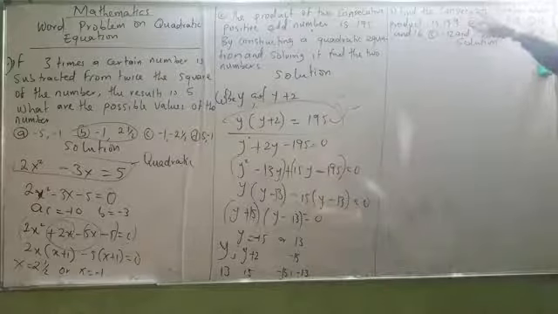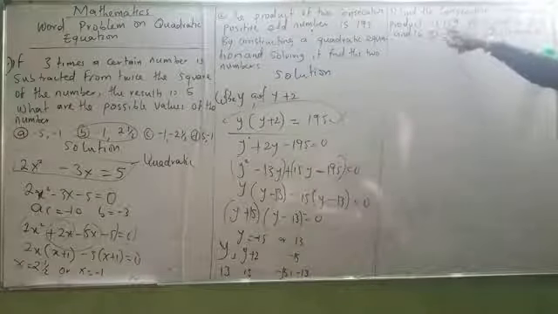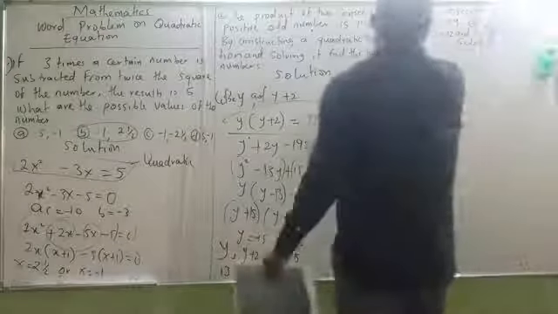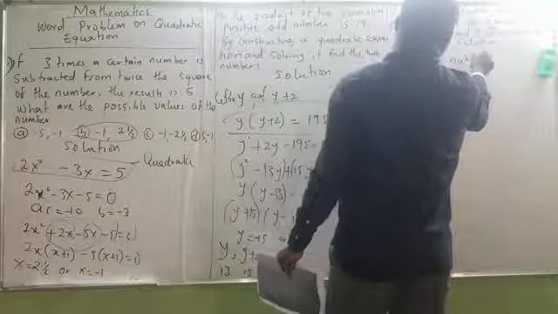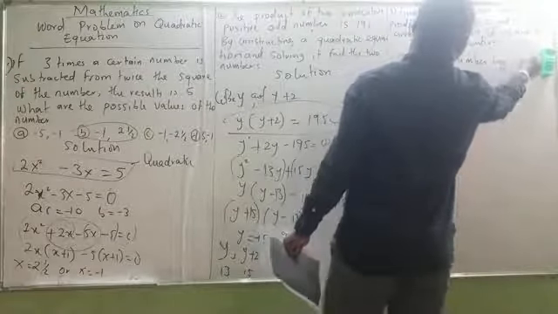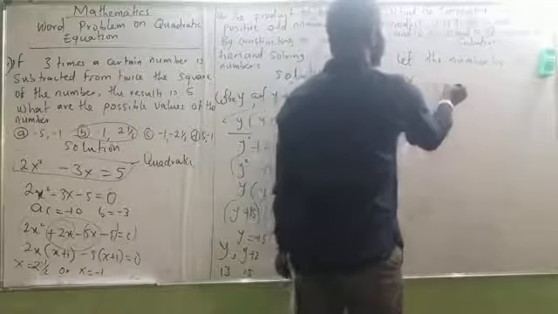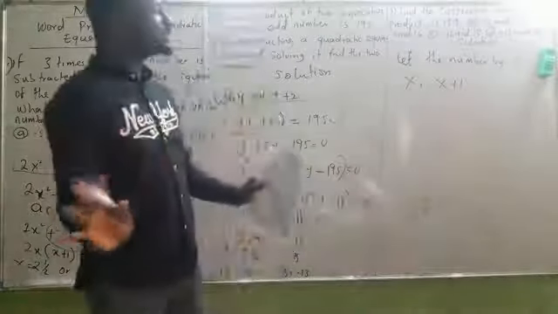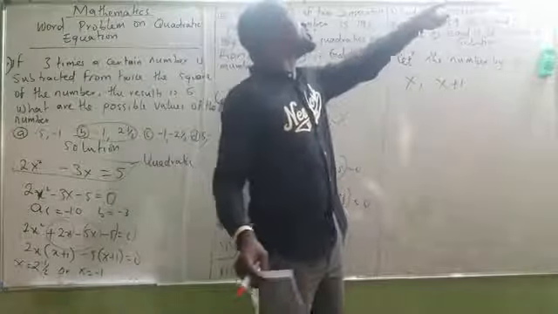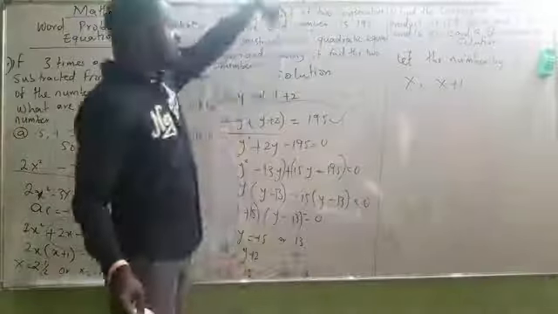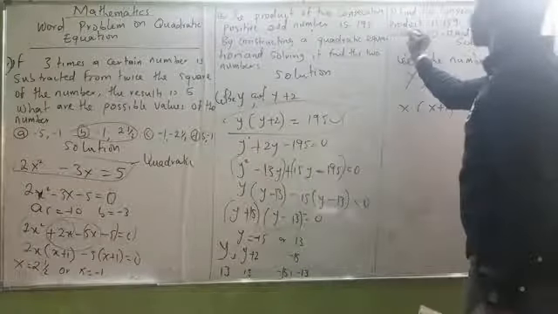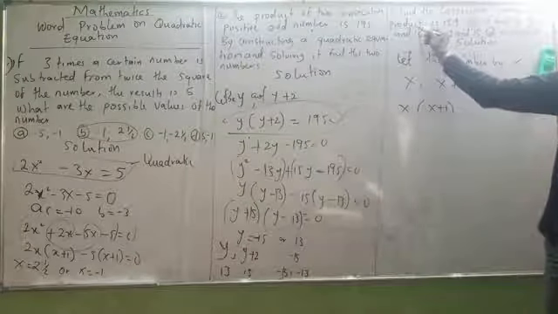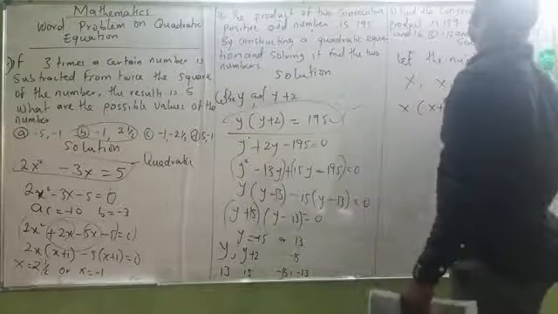Now, let's try this. Find the consecutive numbers whose product is this. Now, if I should do this one, I will let the number be x. It means I'll be having x, x plus 1. That is very correct. Because the question has no direction attached to it, but there is direction attached to this one. Now, it means I'll be having x, bracket of x plus 1, because it's product also. Please take note of that. Product is product. Now, it will be equal to what?